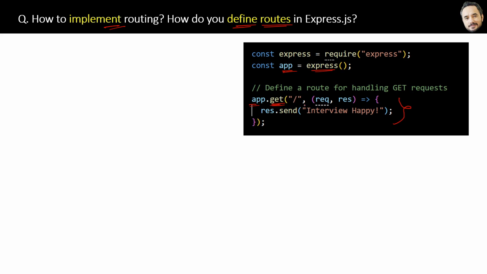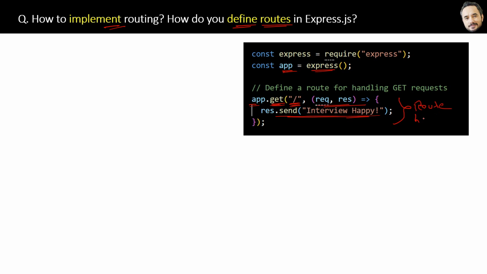For now, you can see this method will accept two parameters. First is the route path, and in this case it is slash. The second is the callback function. Now suppose the request is just www.example.com with the get method in the request. Okay, the URL and the method are there. Then this defined route will be executed with the second argument, the callback function. We also call this second function the route handler.